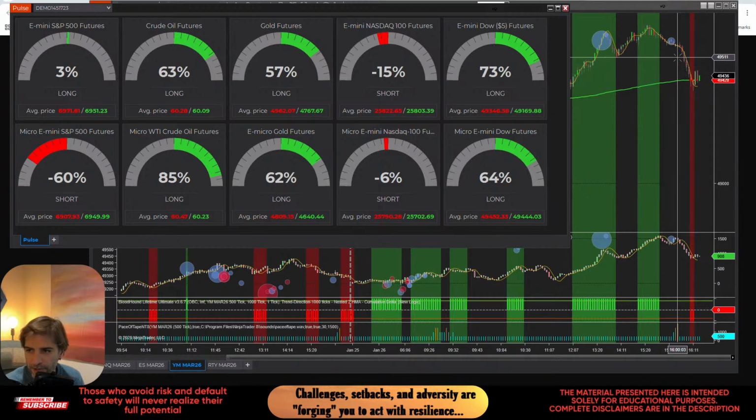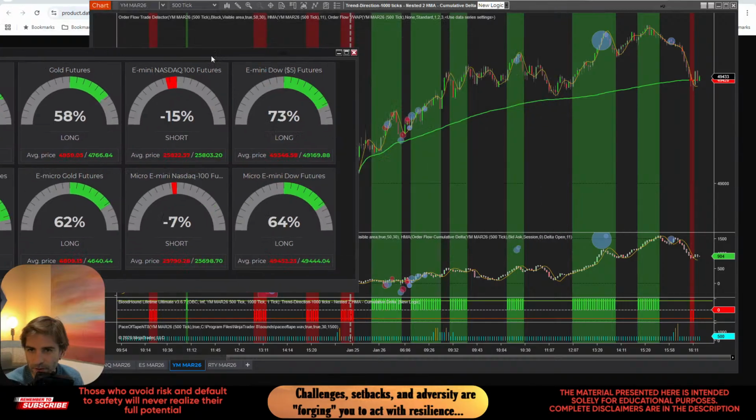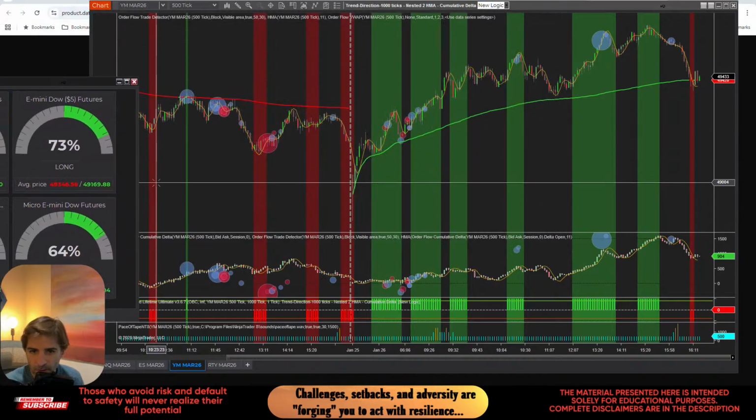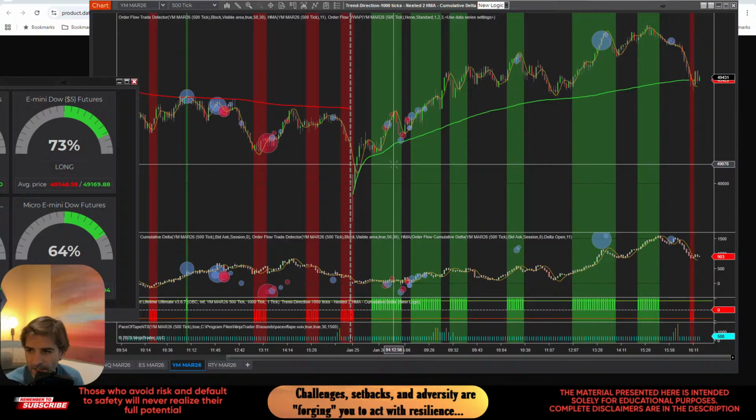So this is the average long here, and the average long on the large contract is about here. This is a clear difference between who is trading the mini and macro and where their positions are. I mean, to have the average at 69, 169,